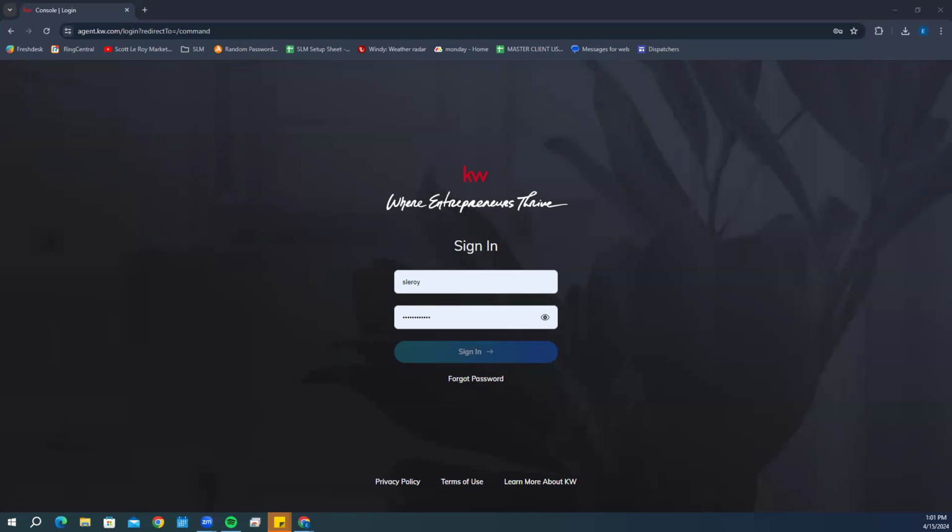Overview. So to start, we're going to go ahead and go to our Command login page, which is agent.kw.com. You're going to see your sign-in page here, and we're going to sign in with our KW provided username and